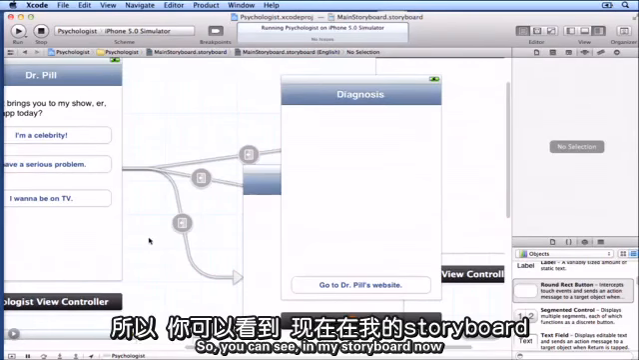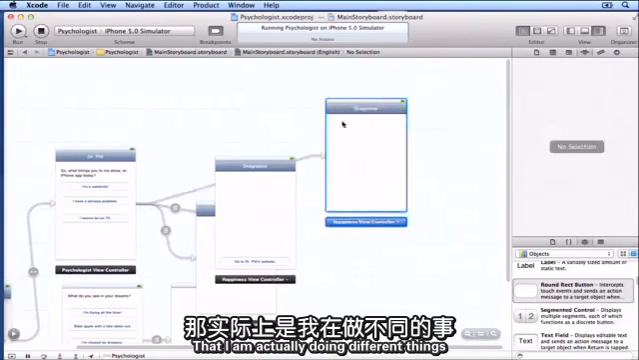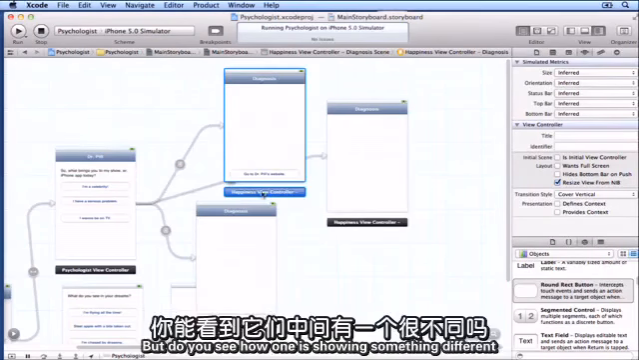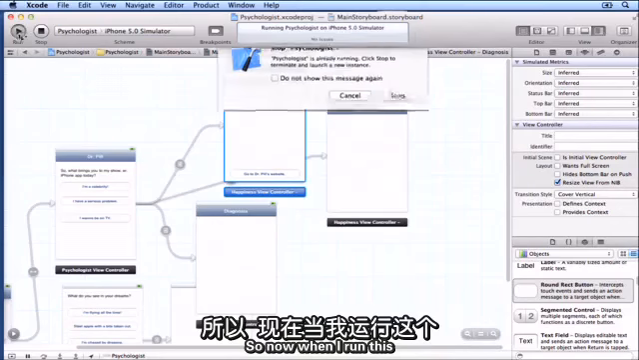So you can see in my storyboard now that I'm actually doing different things. These are all happiness view controllers. They're all going to show the happiness. But do you see how one is showing something different? So now when I run this,